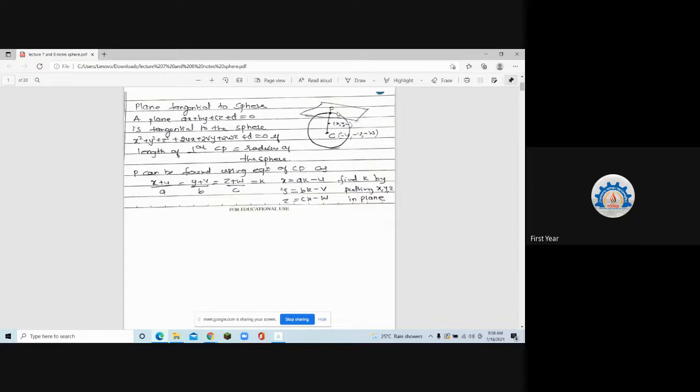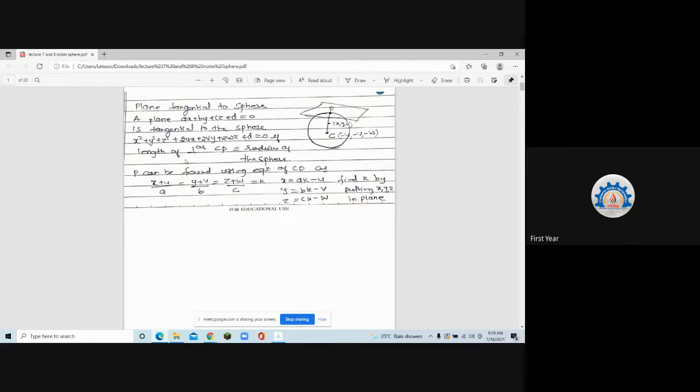Is it okay? So what is the concept? How are we going to go? When will a plane be said to be tangential to the sphere? If the length of perpendicular is equal to the radius of the sphere. Secondly, how will I find the point of contact? Equation of line CP लिखो general form में with the help of center and the direction ratios of the normal, which are the coefficients of x y z in the given plane. x y z in general लिखो k के form में.